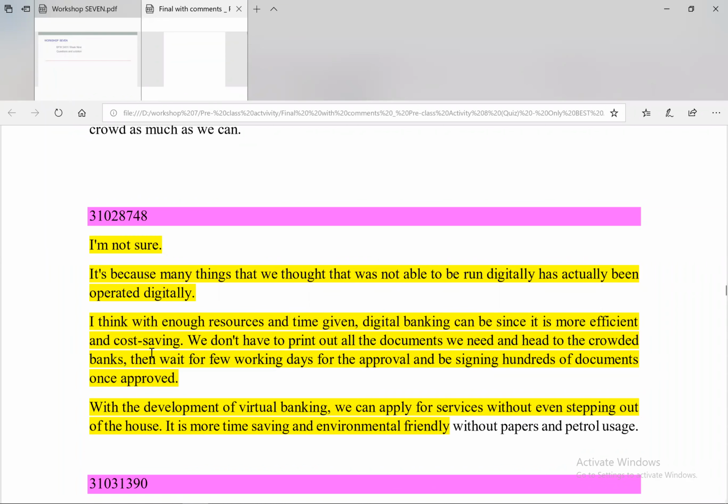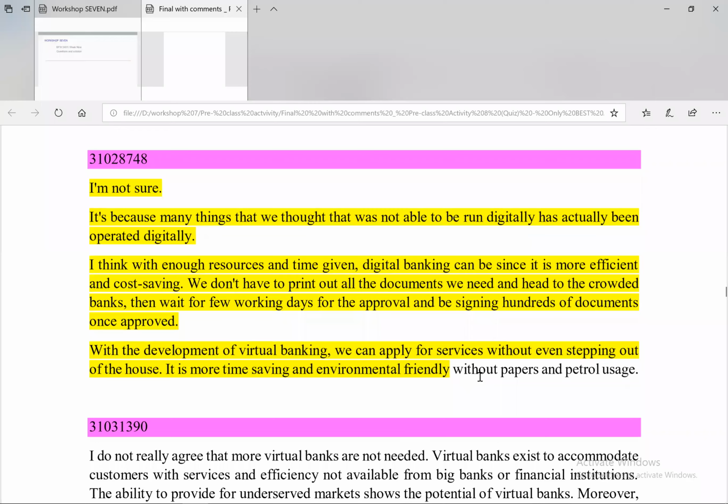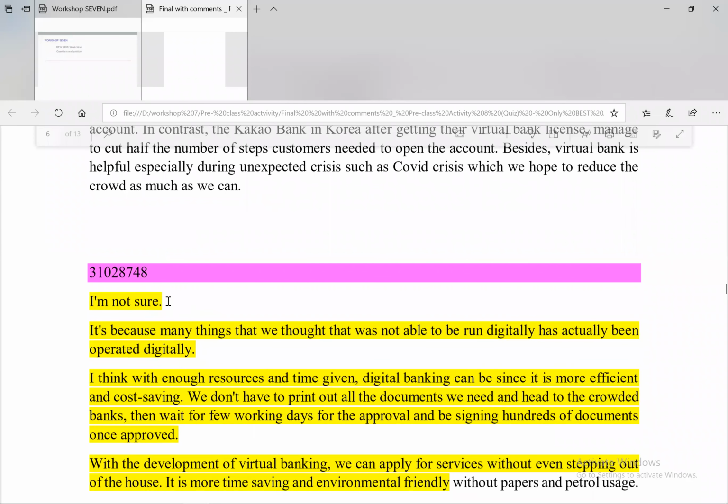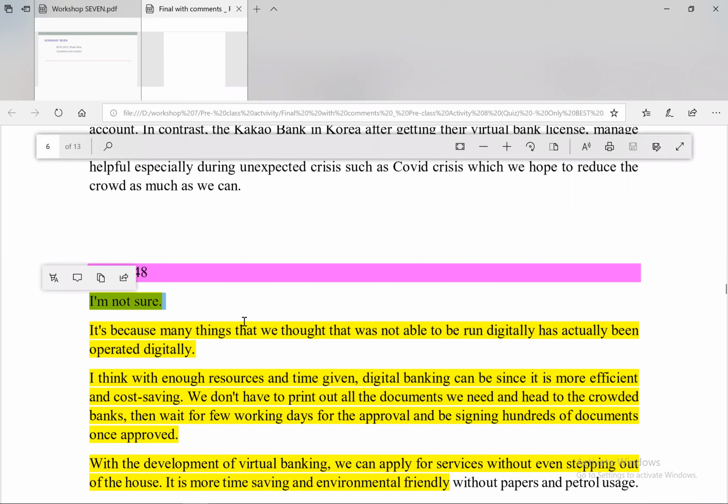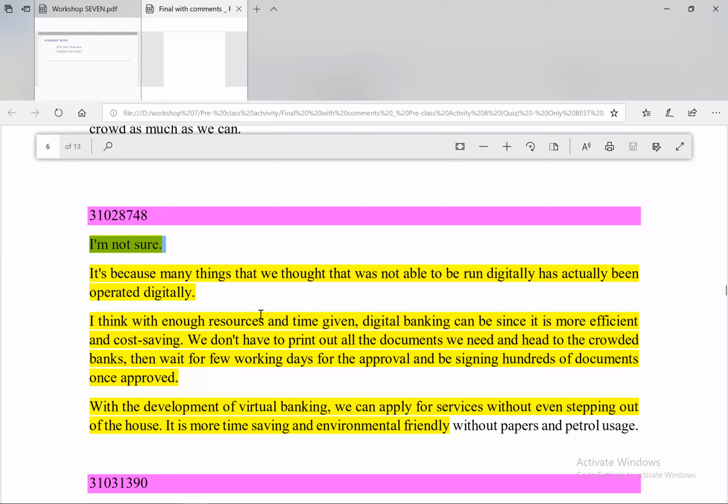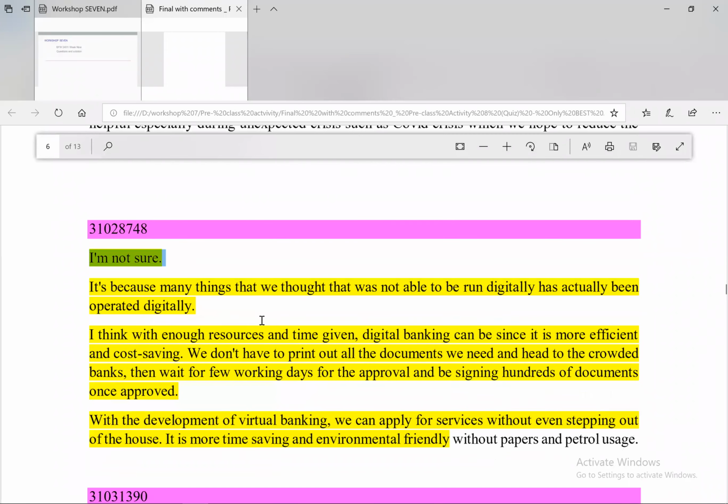I think with enough resources and time given, digital banking can be, since it's more efficient and cost saving, we don't have to print out all the documents. With that development of virtual banking, we can apply for services without even stepping out of the house. It's more time savings. I don't know what he means by I'm not sure, but I think he was referring to